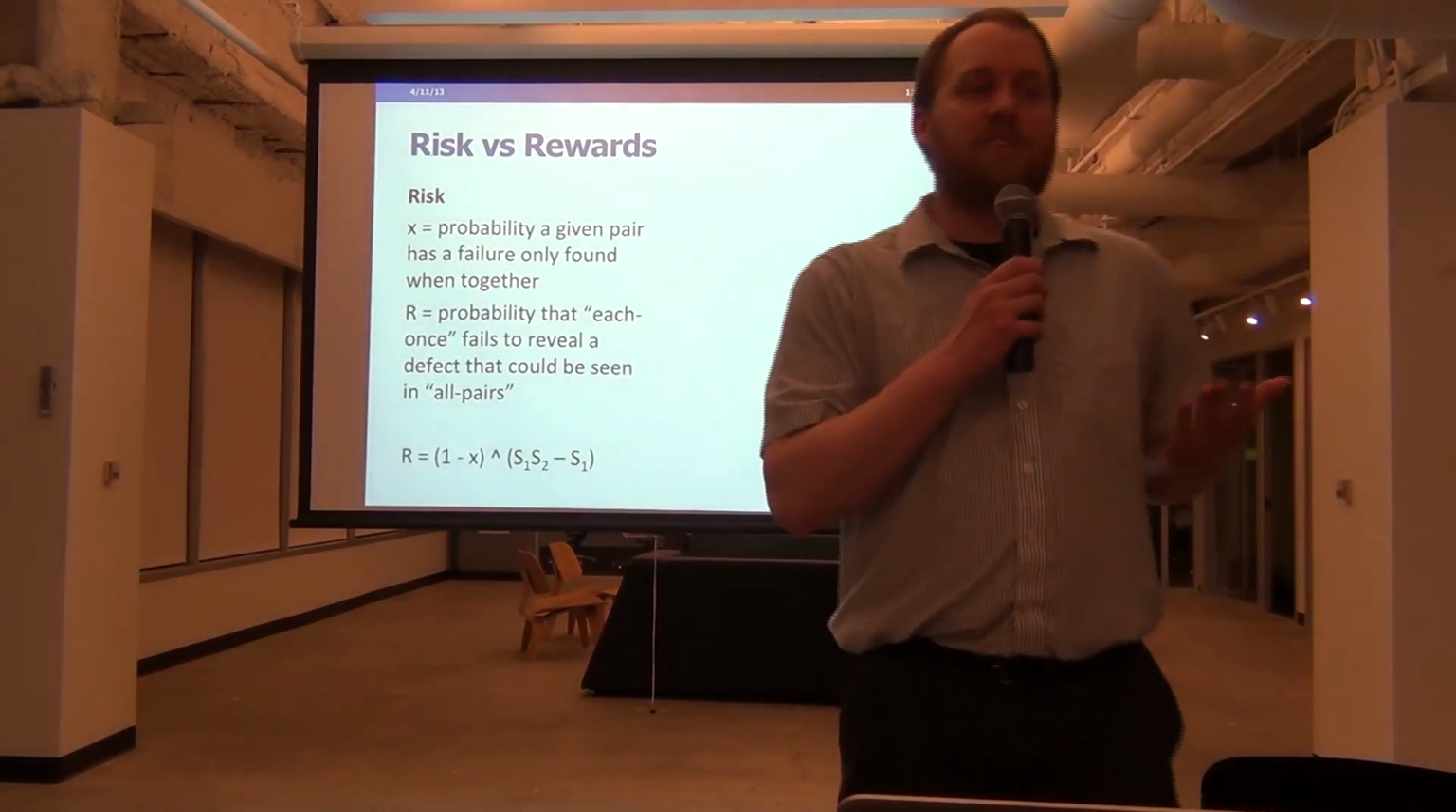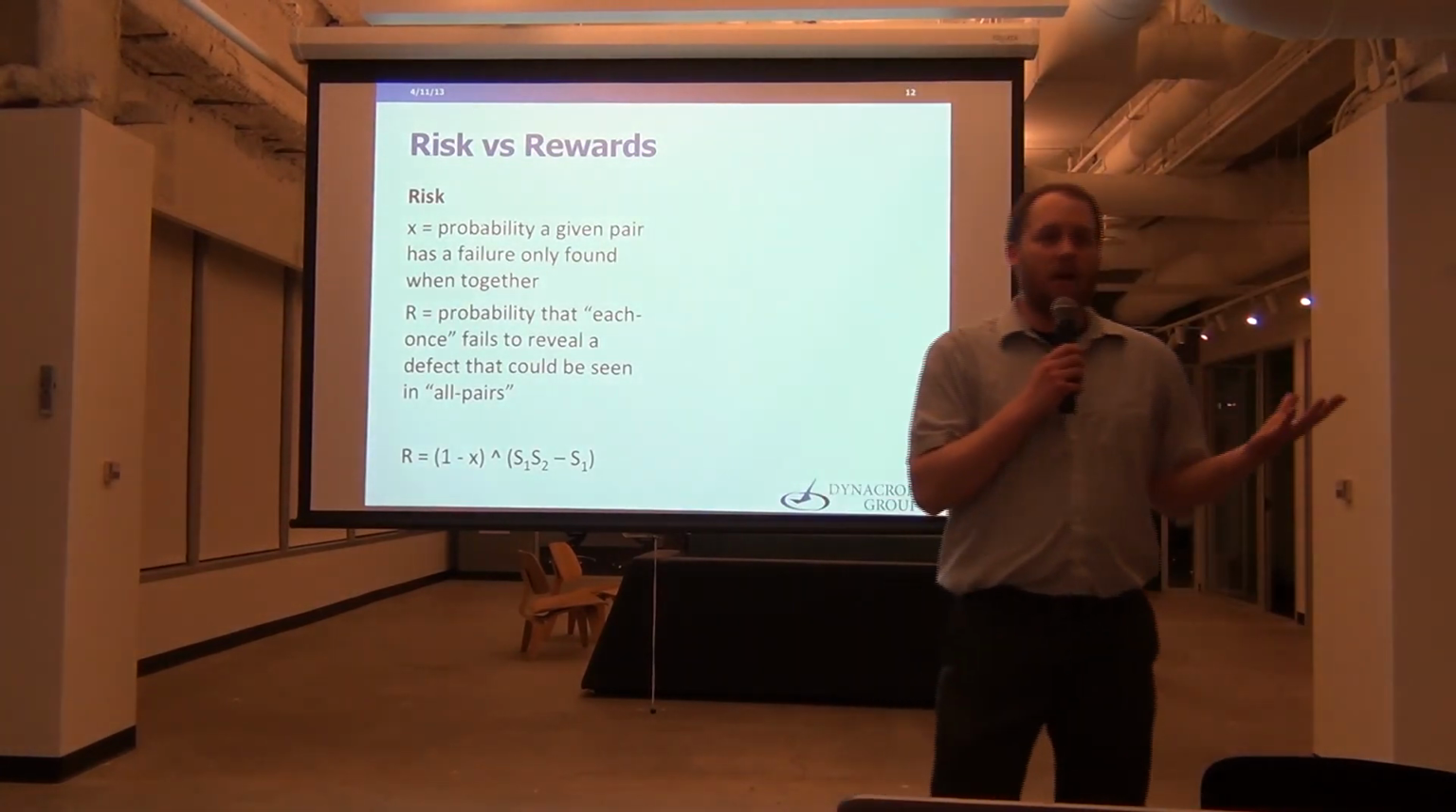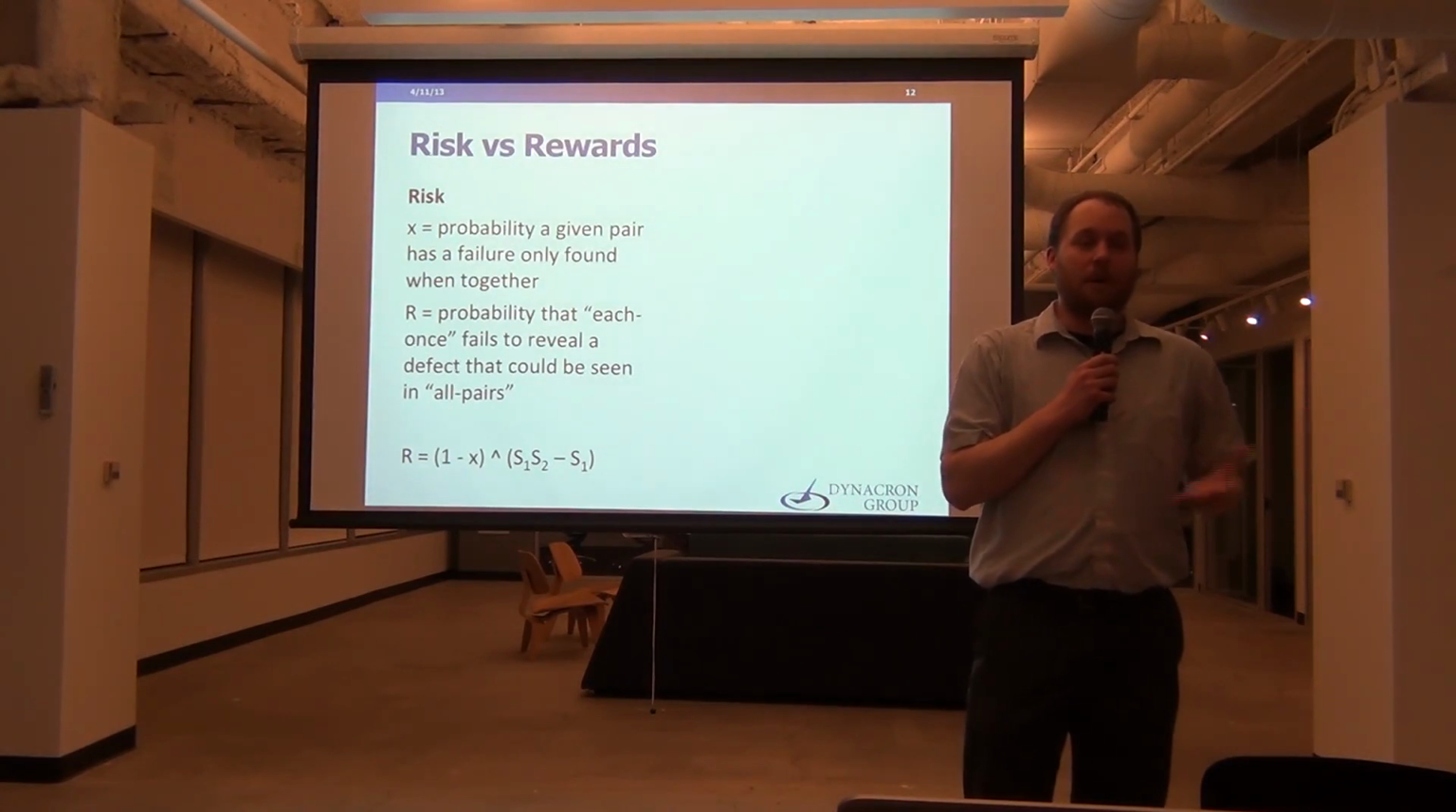So how can we describe what the risk is that we involve if we use each once instead of all possible pairs? So if we have the probability that a given pair